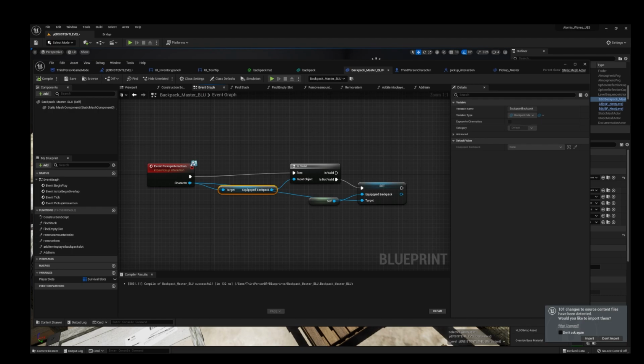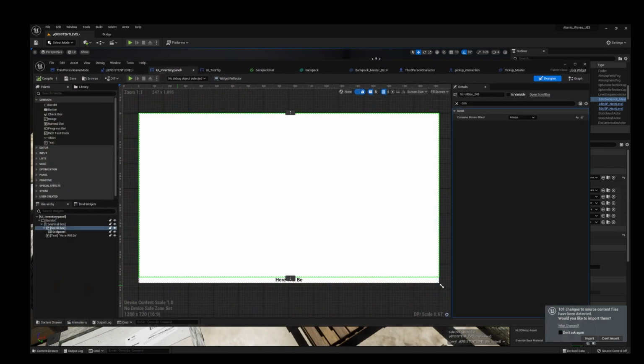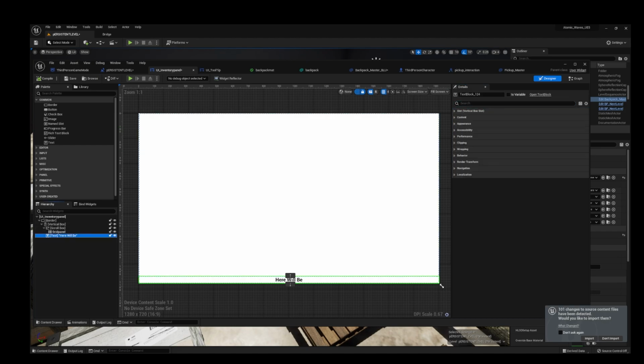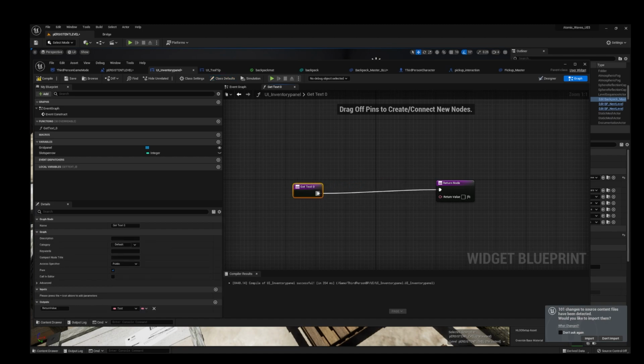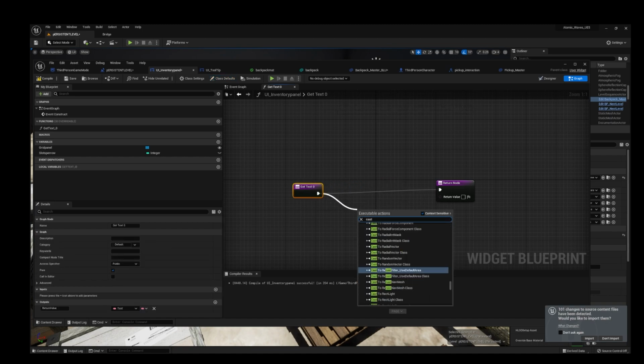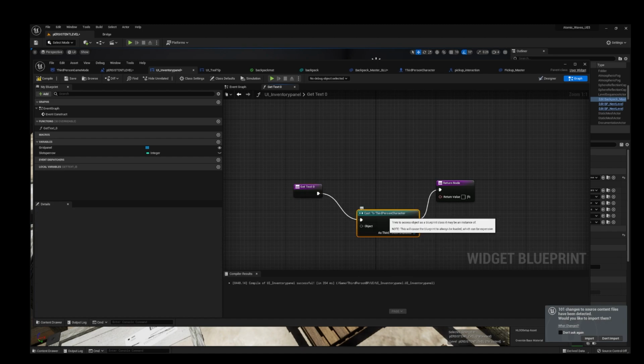All right, we're going to go over now to our content drawer, UI inventory panel. Next, let's go over to the text. Go over this text here. Create a binding, like so. From here, let's pass to third person character, like so.